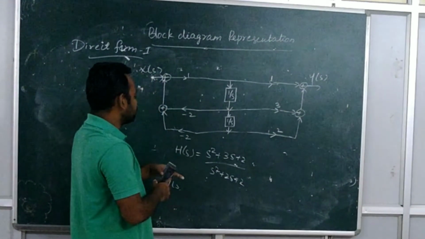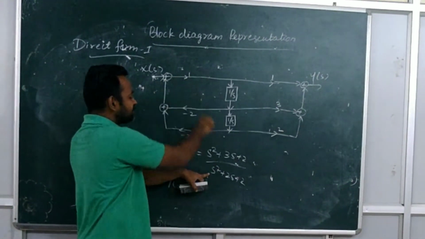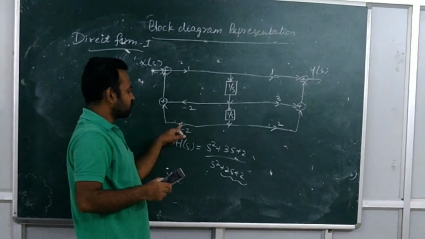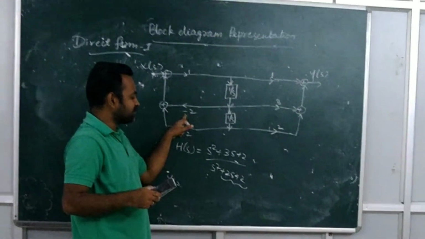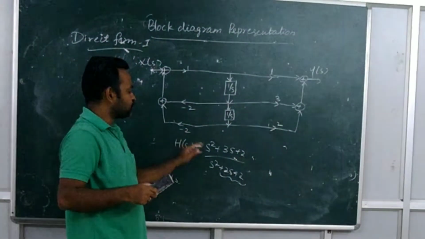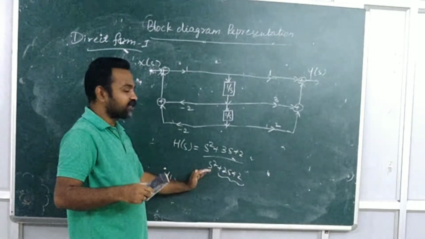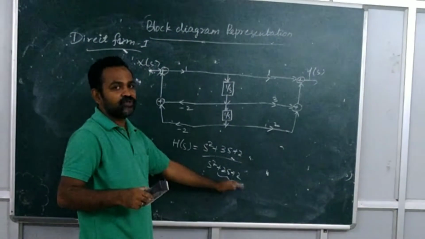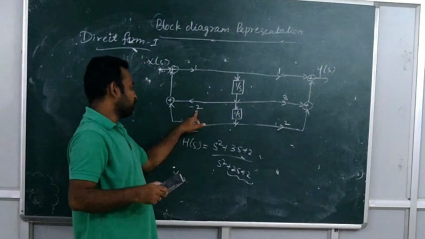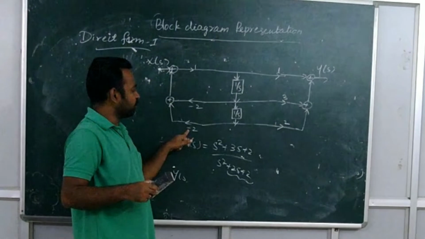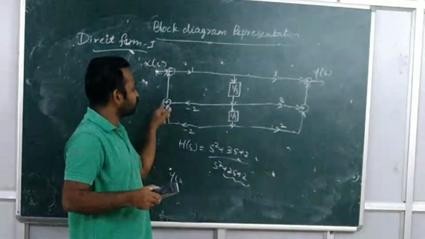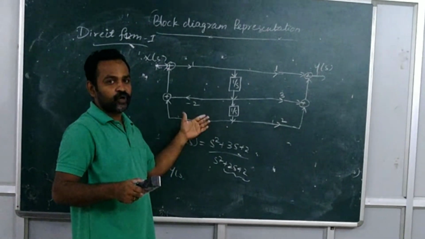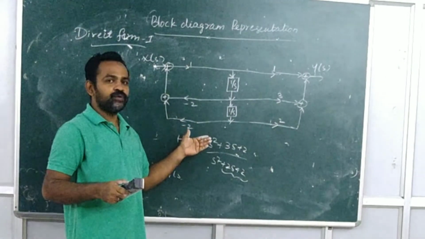Then coming to the denominator side, 1 you can write as it is. Then for the lower elements you have to change the sign. So your direction also changes. 2 becomes minus 2 and this 2 becomes minus 2. So like that, for the denominator, other than the highest coefficient, for the remaining all you have to change the sign. So here coefficient 2 becomes minus 2, here also coefficient 2 becomes minus 2. In this manner, without doing any equations, you can directly draw the direct form 2 realization.